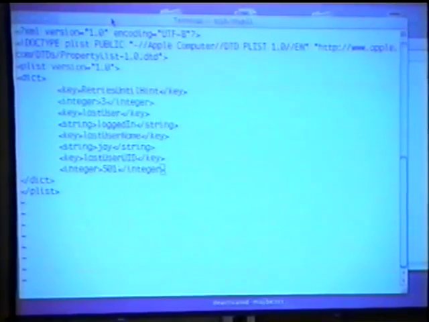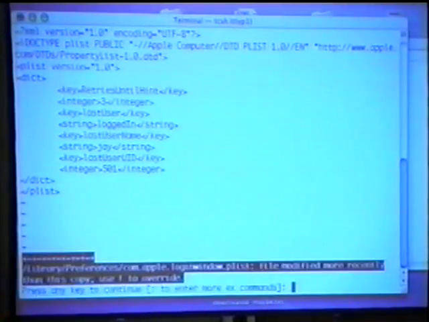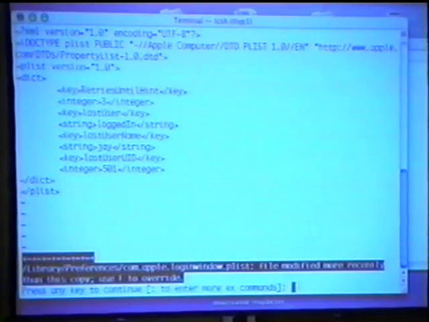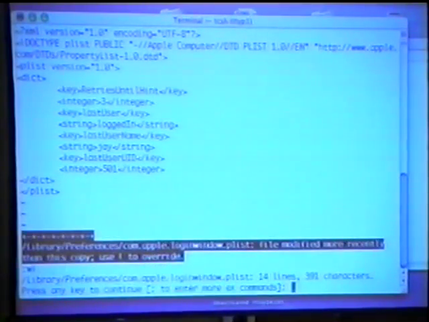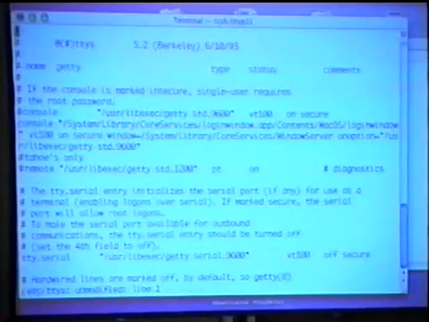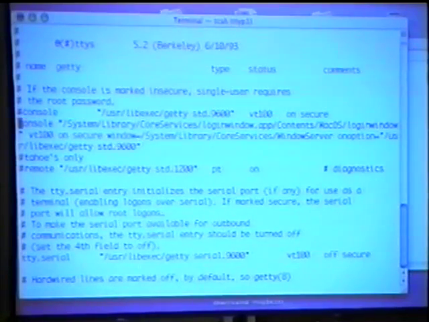The other place you can change it is in the etc.tty's file on that console line. I told you about the etc.tty's file. It has that console line.